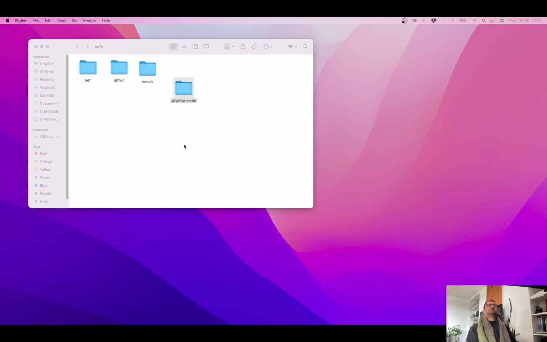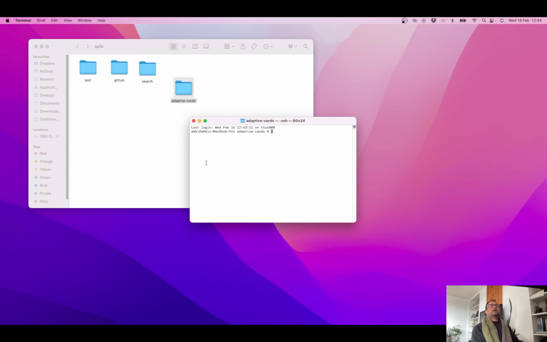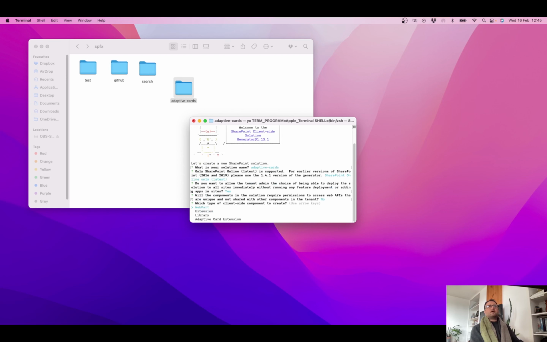Enough of talk, let's see some code. I have a folder adaptive cards, and it's there that I would like to have the new project scaffolded by Yeoman generator. So I go there, I type yo @microsoft/sharepoint, yes. What's the solution name? Let's call it adaptive cards. I think I can just say SharePoint Online. Okay, let's say yes for no, and for web part, I would like to have adaptive cards,